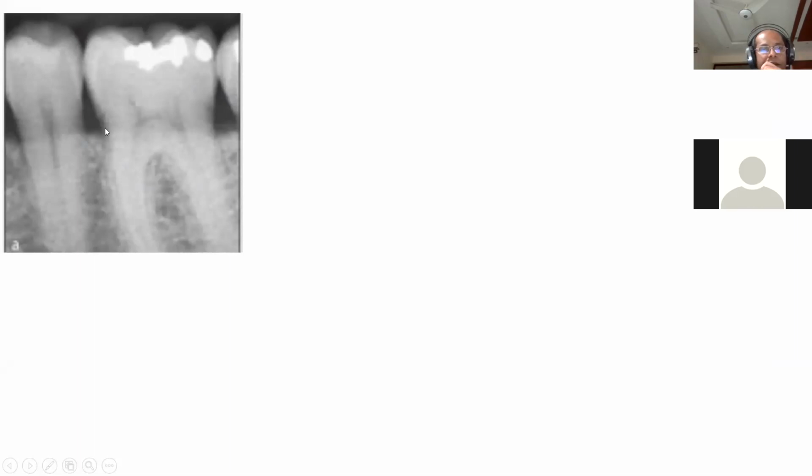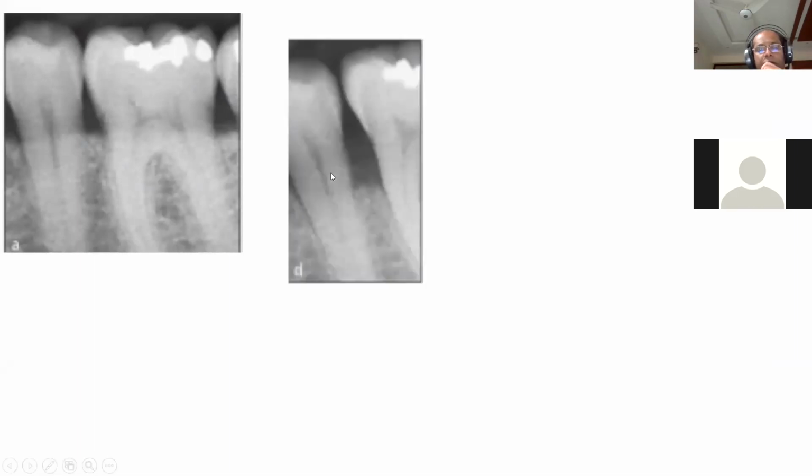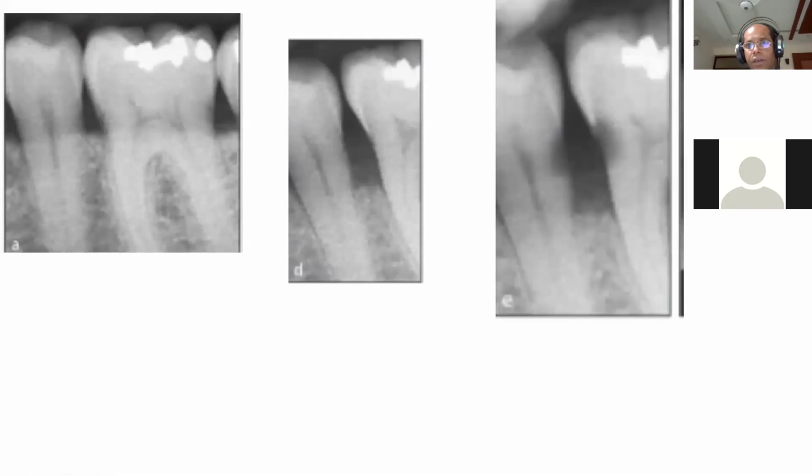periodontal problems as well. Here it progresses more after some time. You can see more flattening and horizontal reduction of the alveolar bone, and that leads to periodontal pocket formation, and that